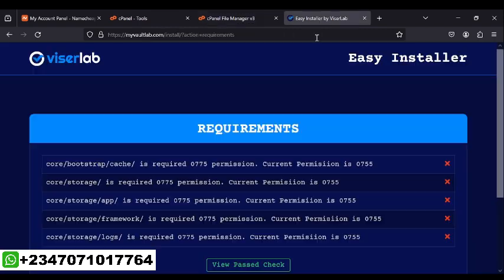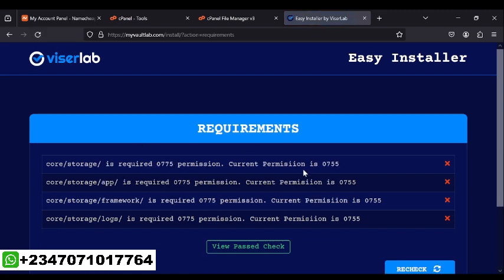So if I go back to my website here and refresh to check if this one is done successfully, you can see we have 1, 2, 3, 4, 5 queries here to solve. So here I'm going to refresh. Now you see that one is gone. We have 4 left. 1, 2, 3, 4. All right, so the next one is